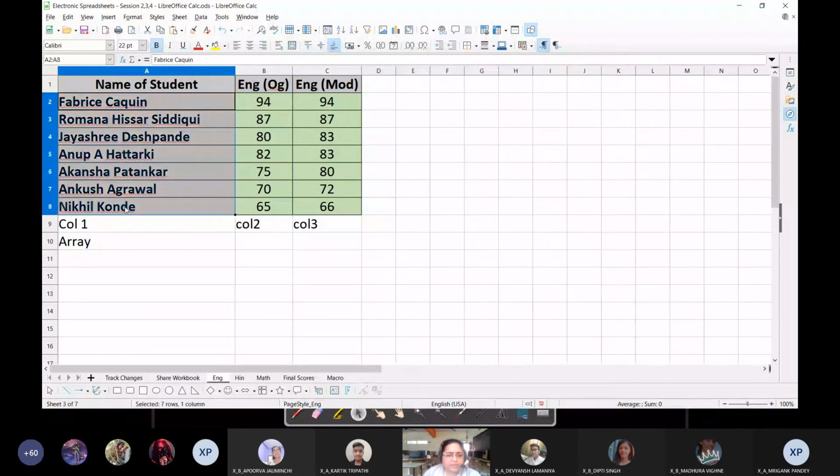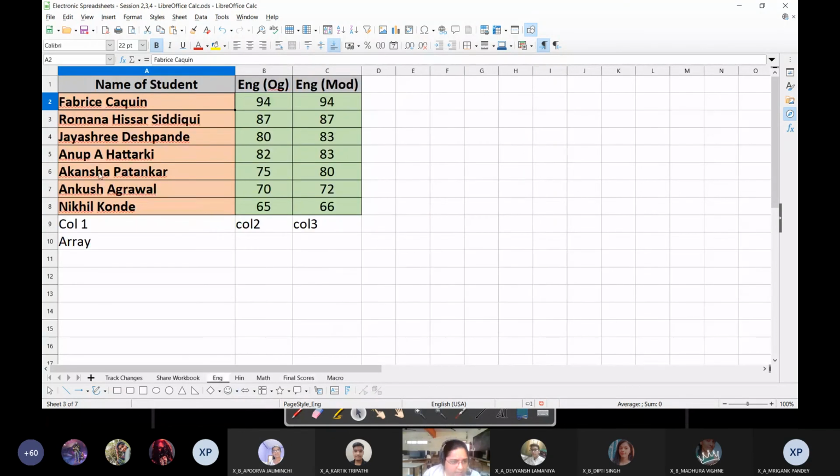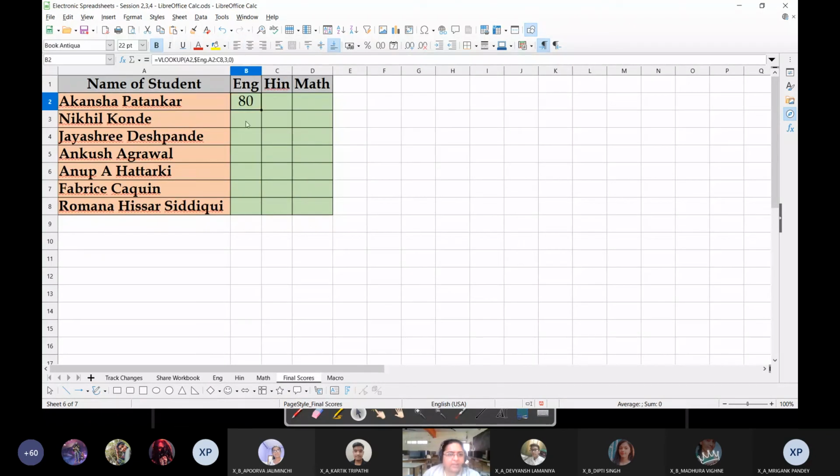Now these are only a few students, so we can easily look at the marks, like we can go for Akansha Patankar's English marks. I'll go to the English sheet and I'll search where is Akansha Patankar. Okay, she's getting 80 marks. And then I will come back here and I will write it. But just imagine a case where you have 50 students in a class, or because of the board result moderation work, there are 230 students for all 5 sections. So will you go and check for each, that is 230 students each? Tell me, will that be very easy? Will that be an easy task?